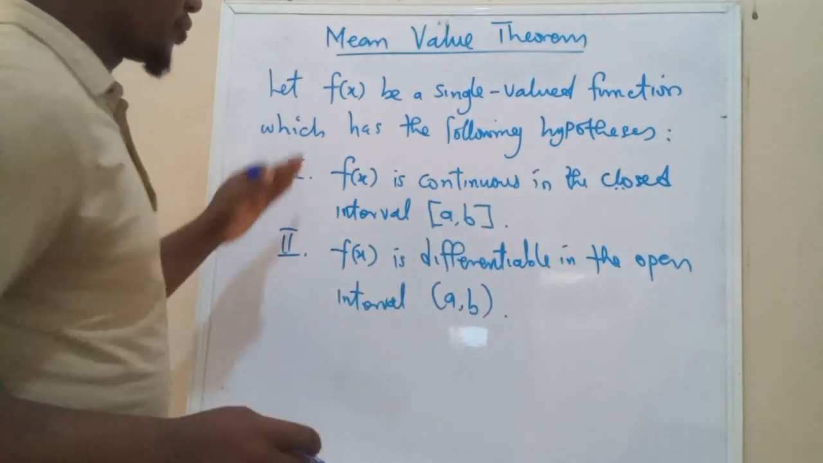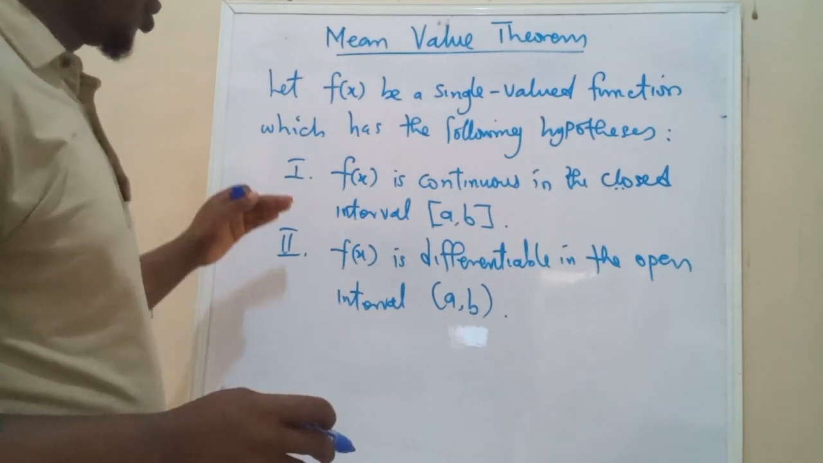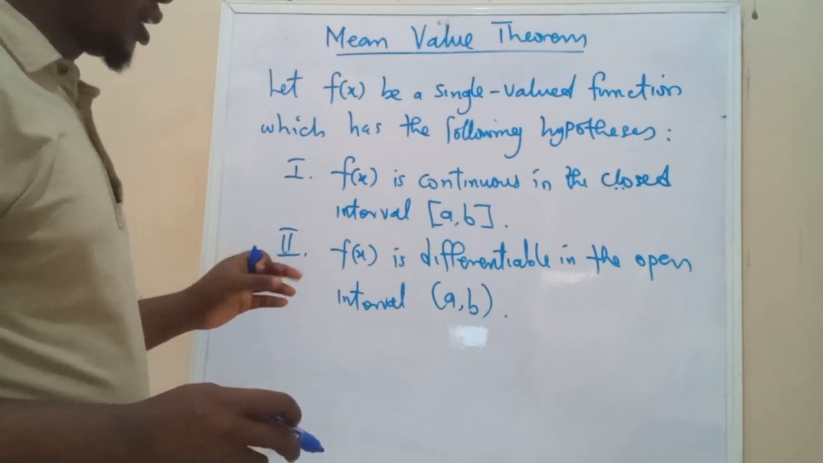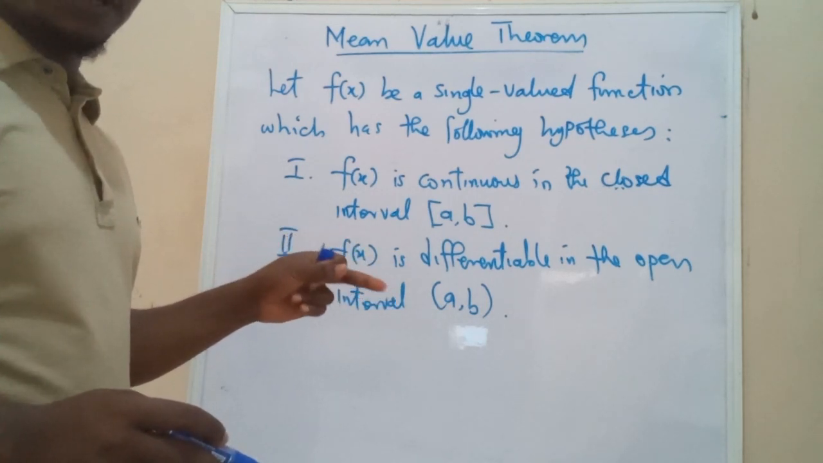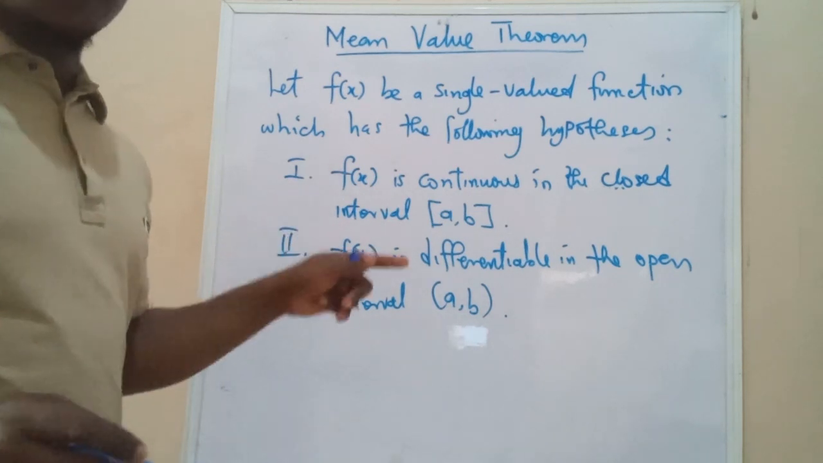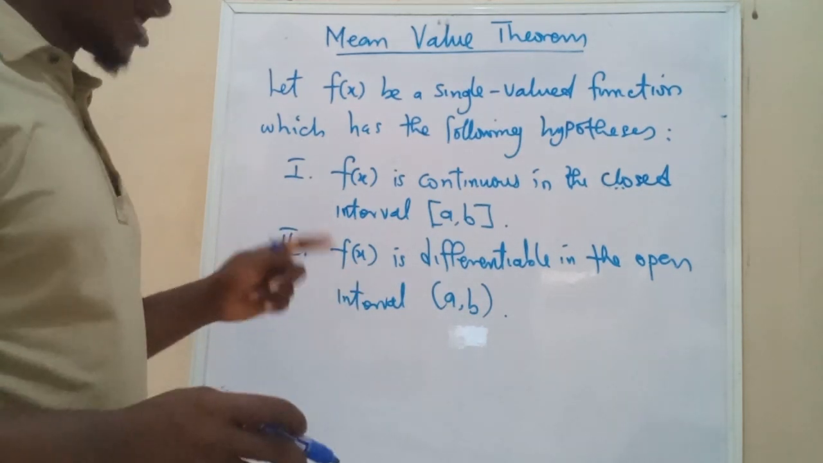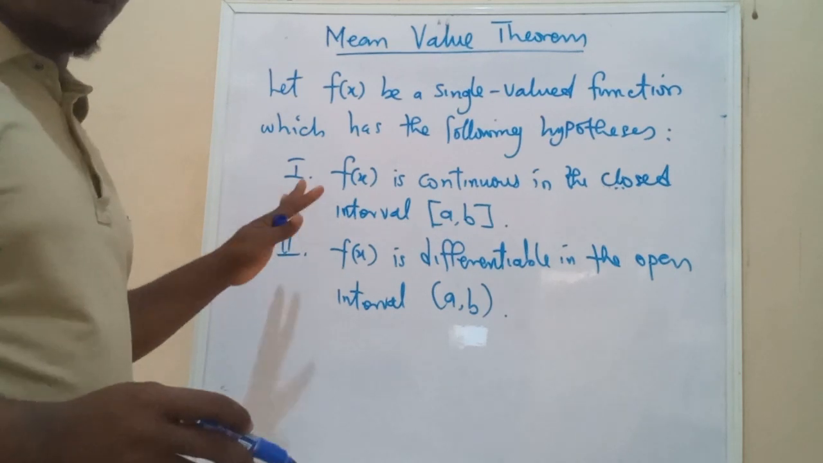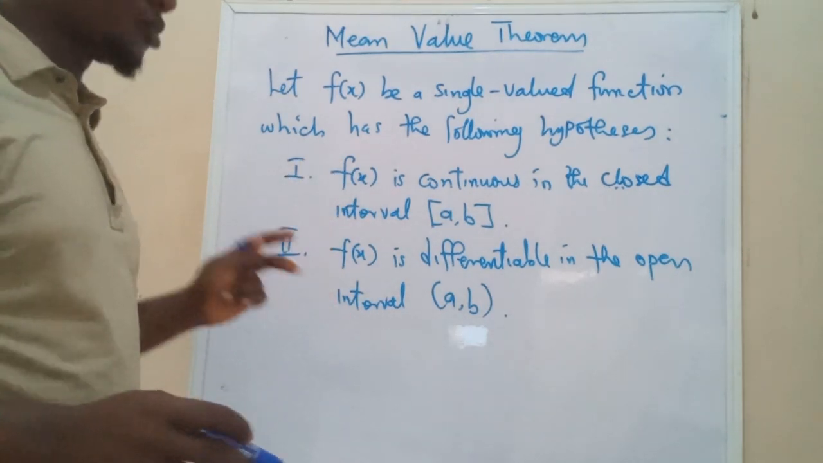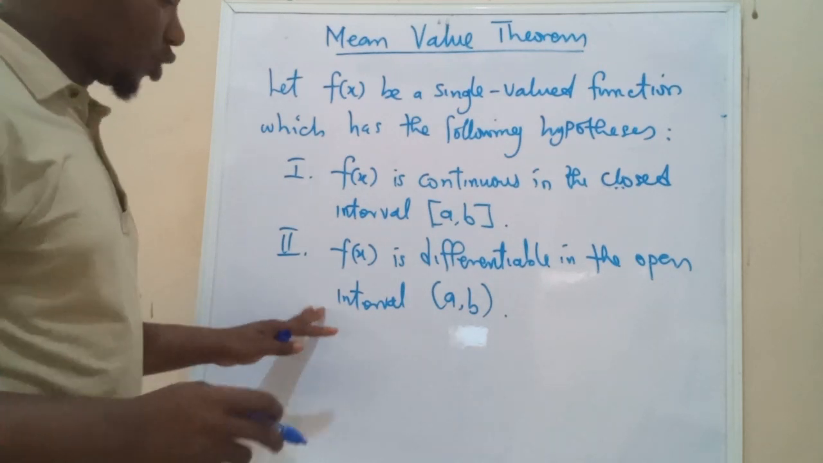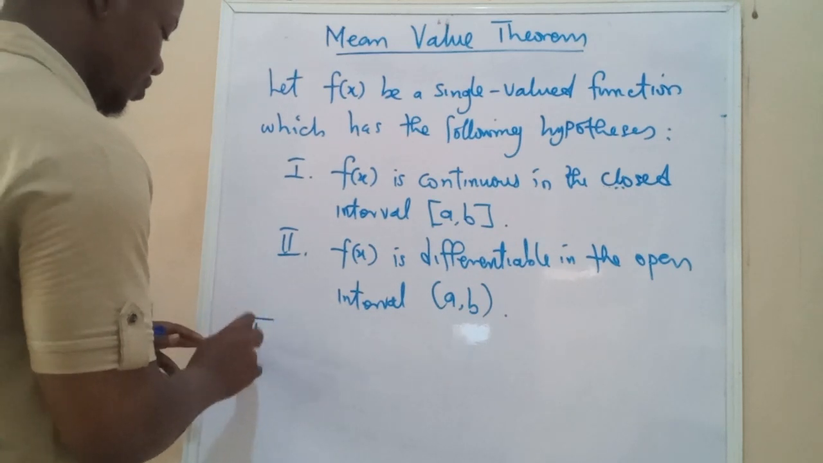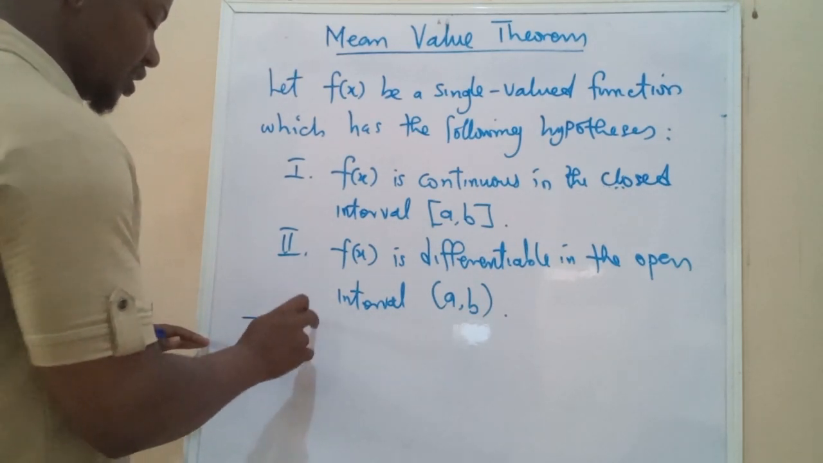But for the case of the mean value theorem, when these two conditions hold, and f of a and f of b are not the same. We recall that in the third condition of Rolle's theorem, f of a and f of b are the same. But for the mean value theorem, they are not the same, so we do not need to state that. But anytime these two conditions hold, the mean value theorem says that